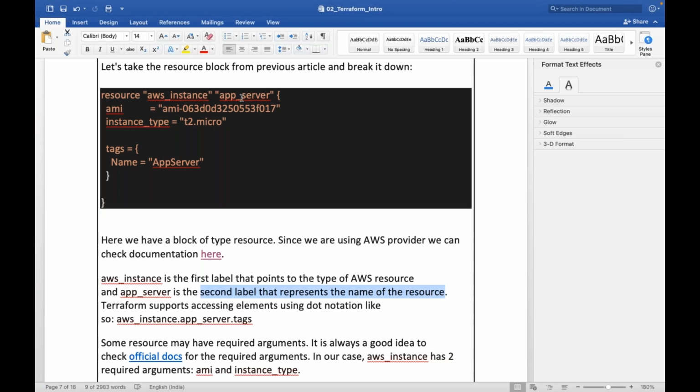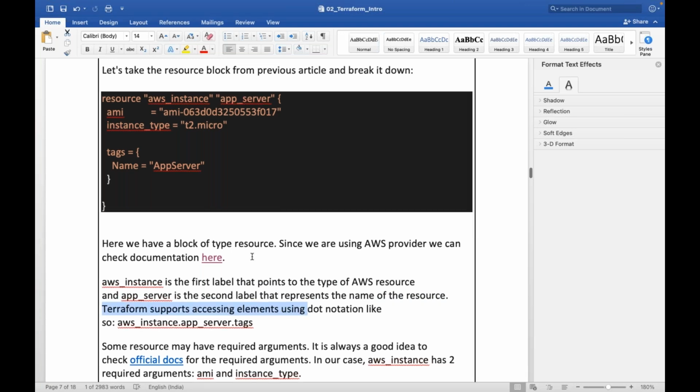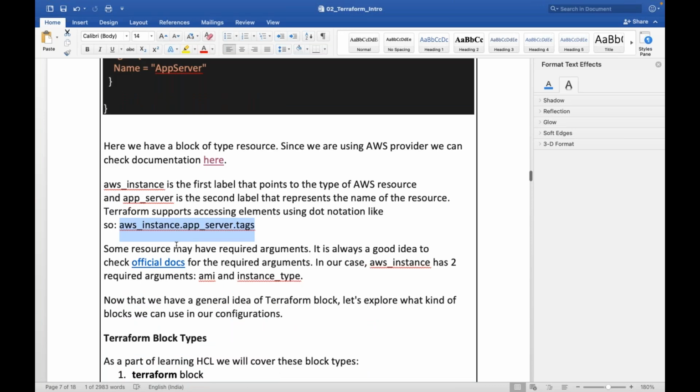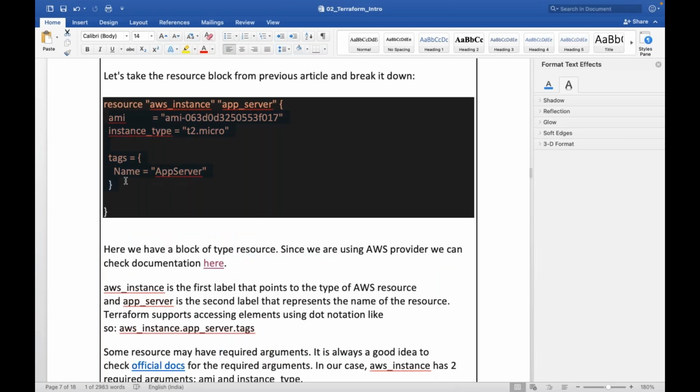Terraform supports accessing these elements in any other configuration also, in a dotted notation. Some resources may have required arguments. These are arguments for this type of resource.